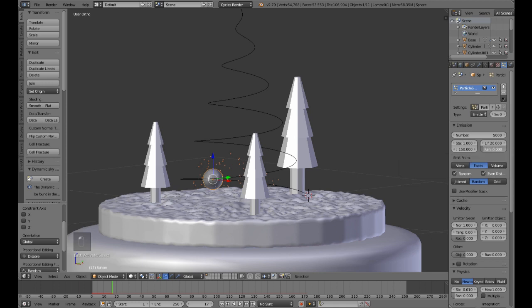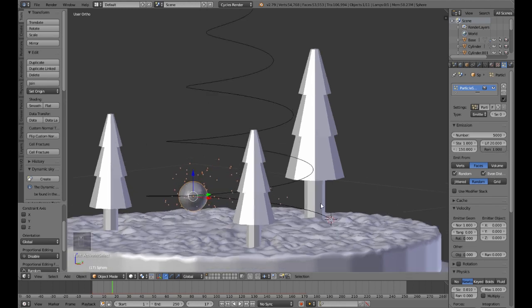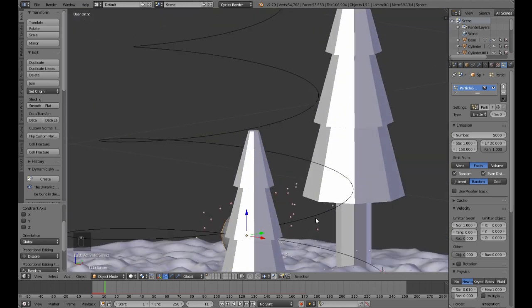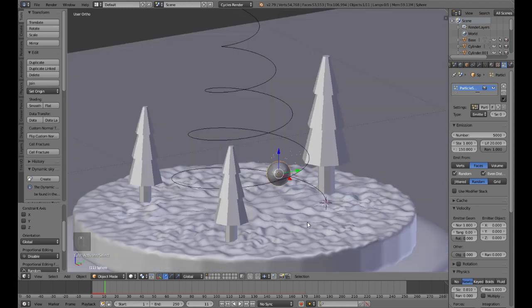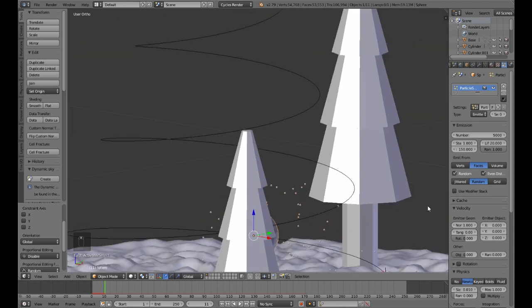And let us increase the random of this lifetime way up to value 1. So every other particle will have a random lifespan. Okay, so having this done, another thing that we have to do is to decrease the velocity of our emitter geometry,